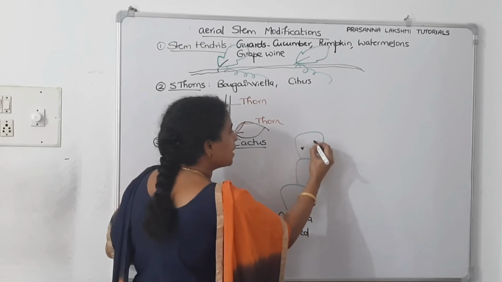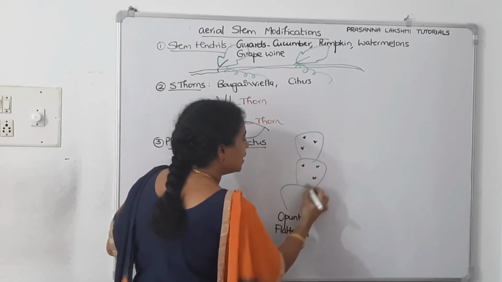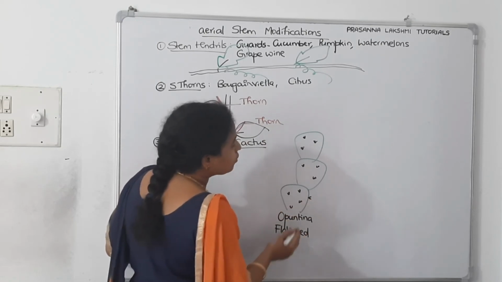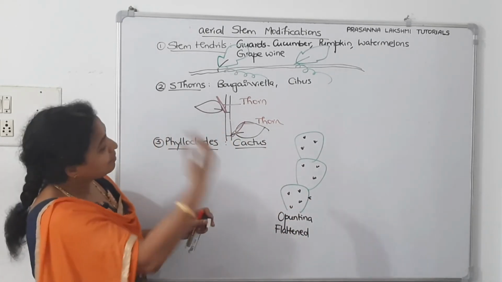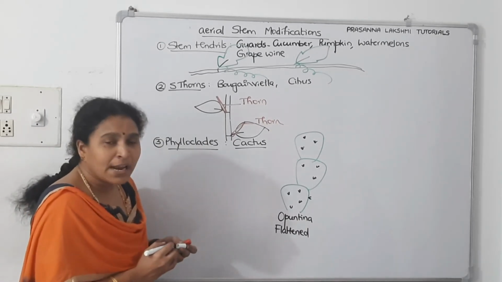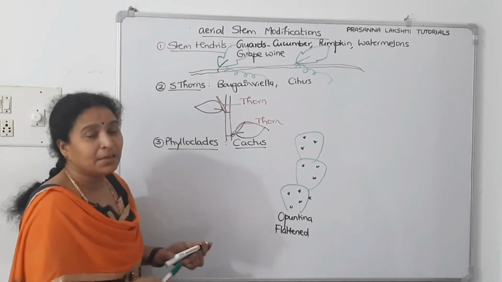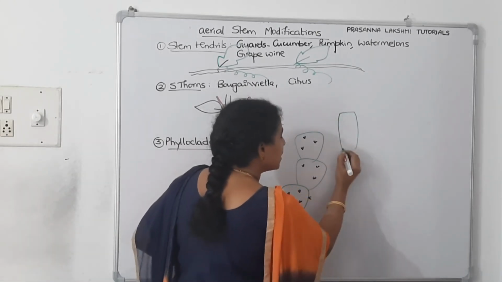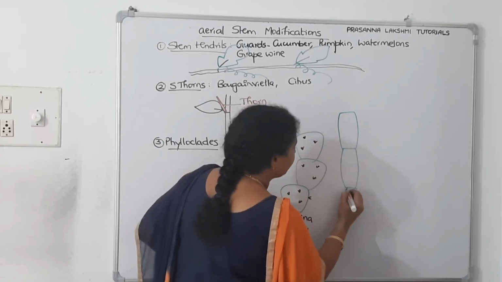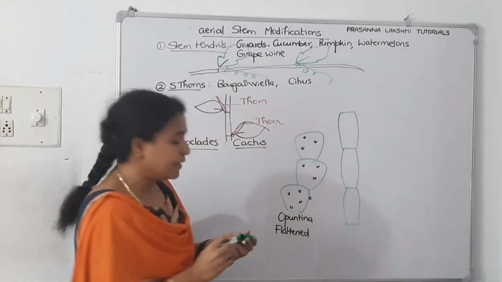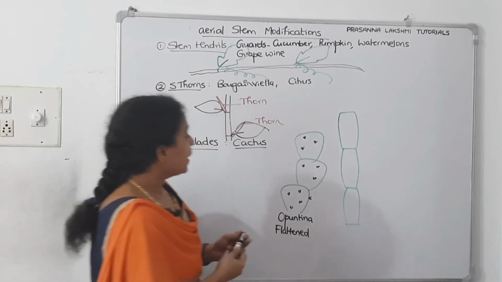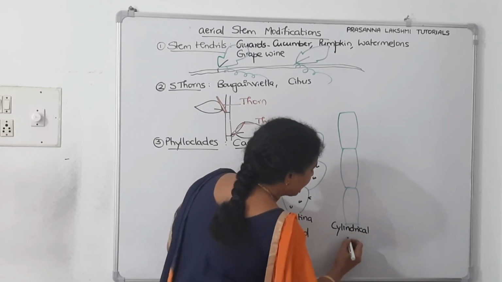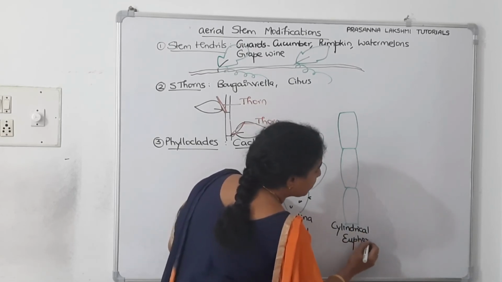And why is the stem modified into such a flattened structure? Because the leaves are modified into spines. What I am drawing are these spines. The leaf is modified into spines, so the stem became photosynthetic with unlimited growth. So flattened phylloclades are found in Opuntia. The second example is cylindrical phylloclades in Euphorbia. In Euphorbia, this is the phylloclade which is cylindrical. Flattened phylloclades in Opuntia, and cylindrical phylloclades we find in Euphorbia.